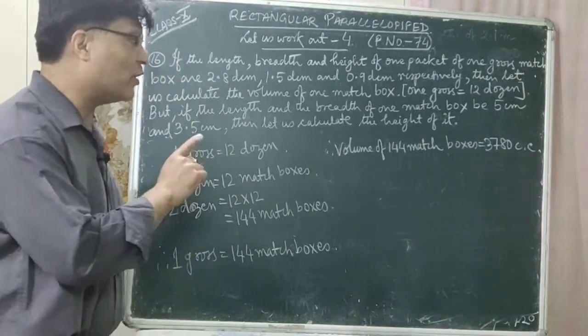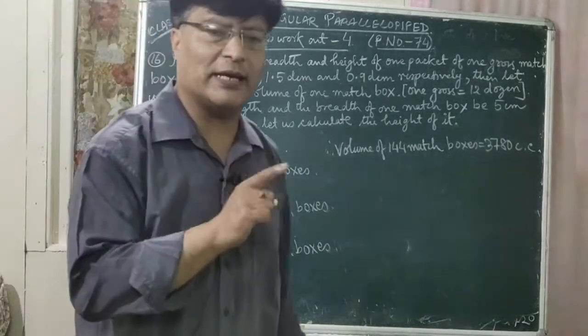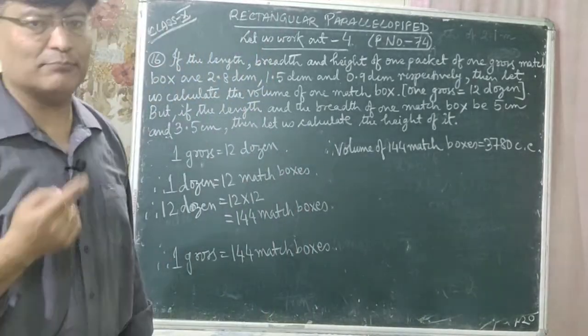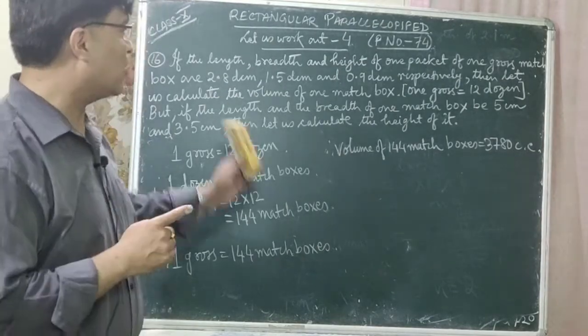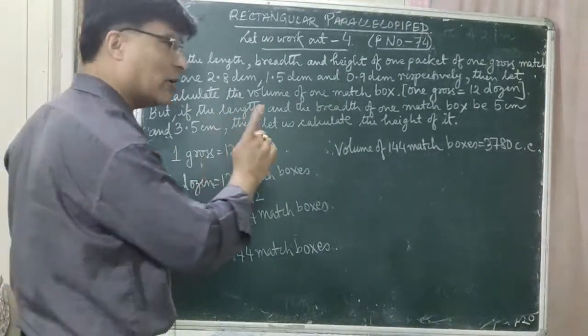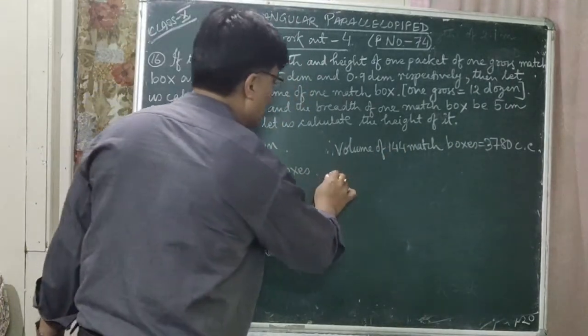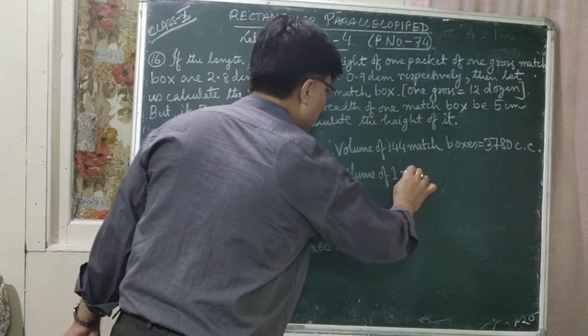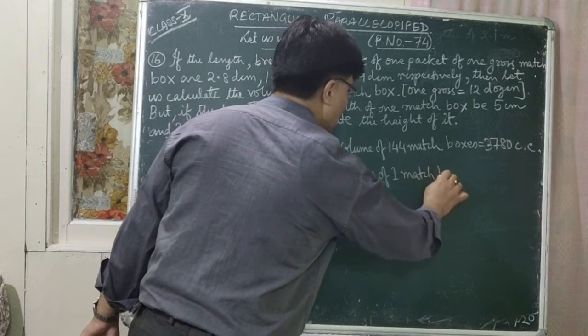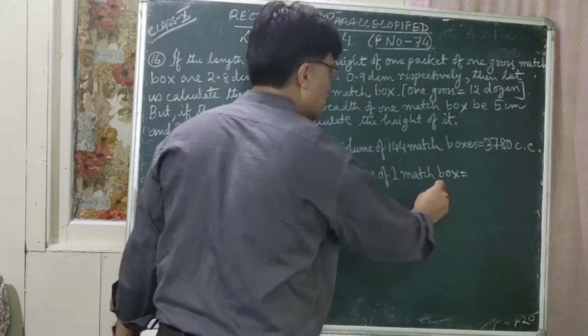The volume of 144 match boxes is equal to 3780 cubic centimeter. ठीक छ? तर क्वेशनले चाहिँ के निकाल्नु भन्दैछ? Volume of only one match box. So now you can use unitary method here. So therefore volume of one match box is equal to